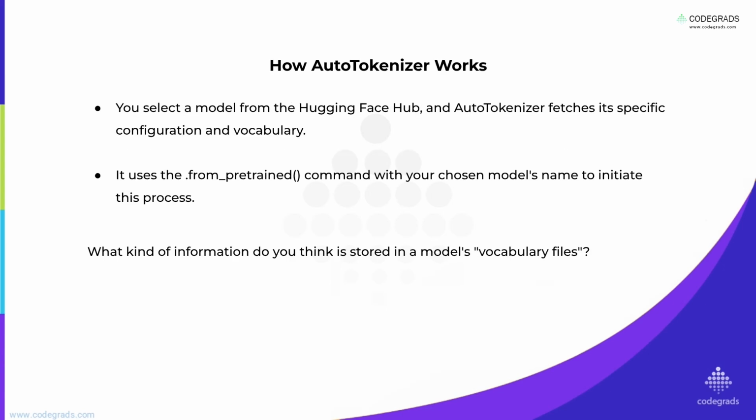The AutoTokenizer first of all prepares the data. It gets text ready. Then the AutoModel processes the prepared data. It does the actual thinking. Here is the golden rule. It is absolutely critical that the tokenizer you load perfectly matches the model you intend to use. They are like a lock and key trained together.